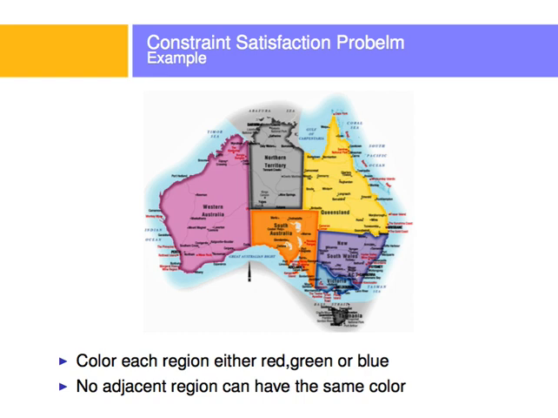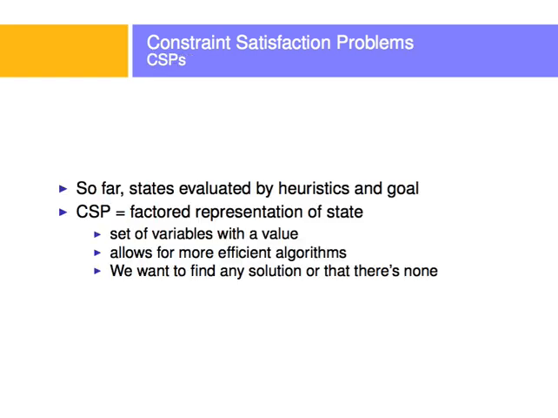I'm going to talk about constraint satisfaction problems. For example, say you have the map of Australia here, and the task is to color each region either red, green, or blue, and no adjacent region can have the same color. Those are constraints, and that's a constraint satisfaction problem. So a constraint satisfaction problem,